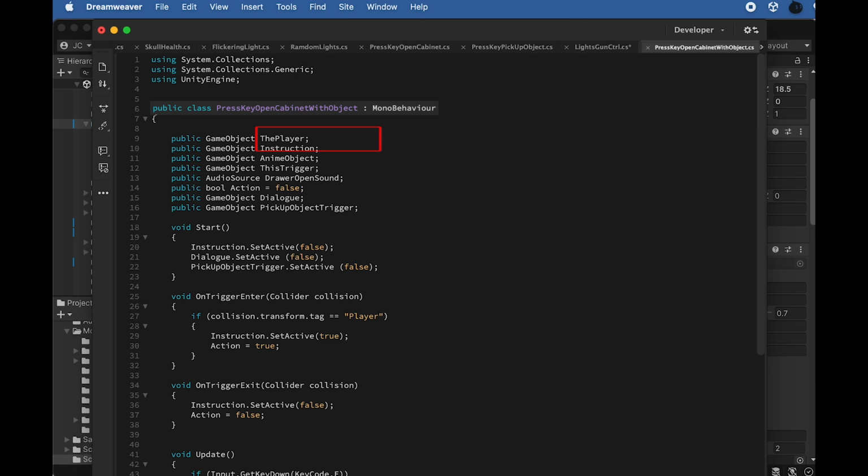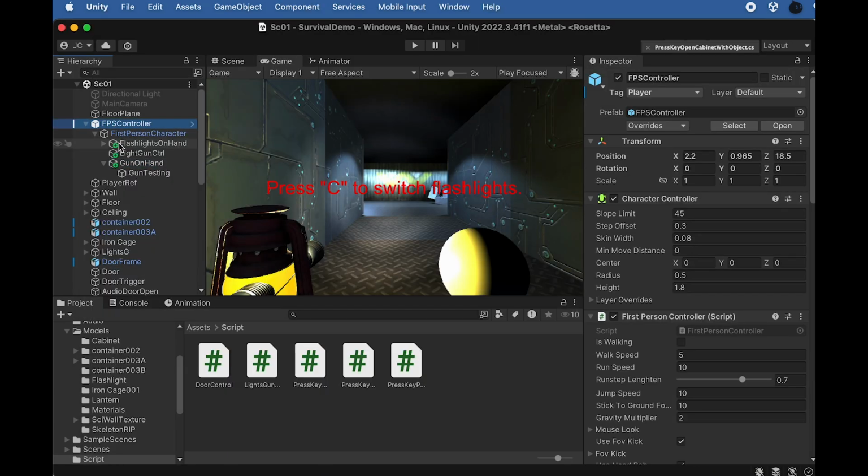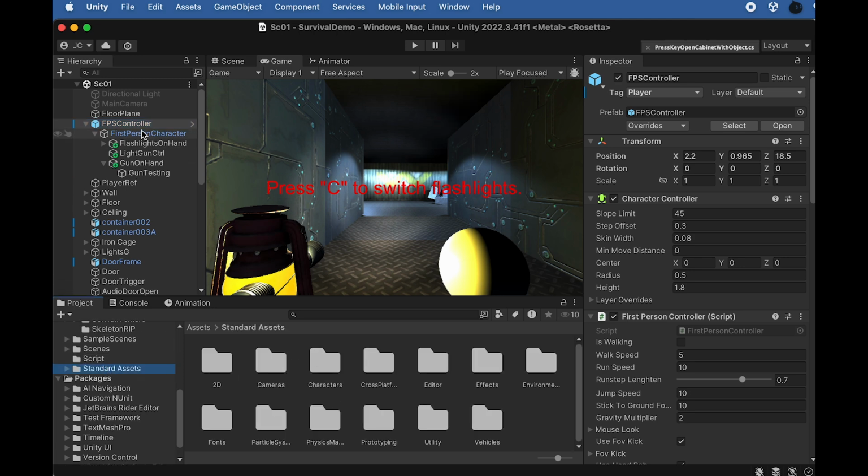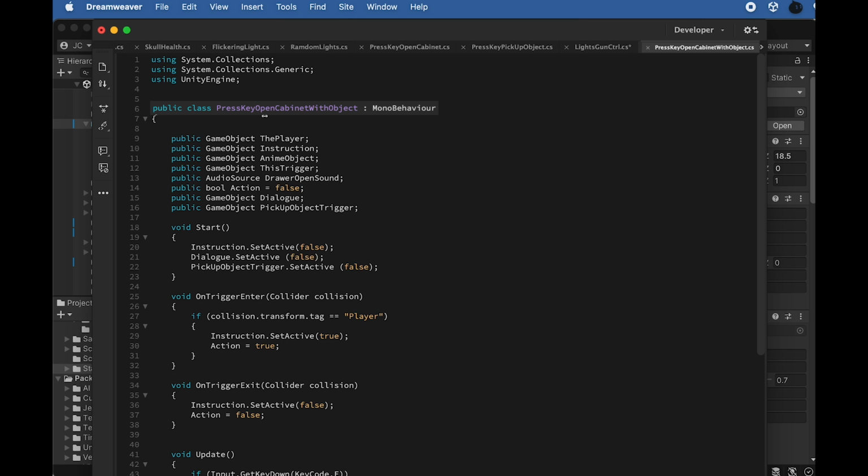So here we use the player, right? We call the player, and we are basically accessing, let me show you, we are accessing the script from the standard assets. Okay, so the different systems. So we have to call it here. Okay, so here I'm gonna say using Unity, let's go Unity standard assets, and